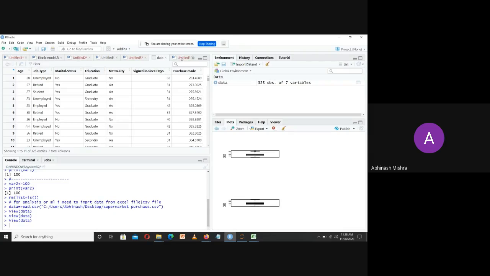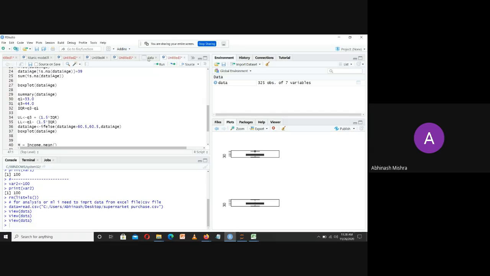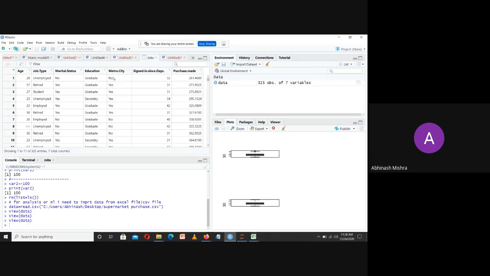Now you can find that there are 325 entries, meaning 325 rows and 7 columns, and the column names are mentioned up here.